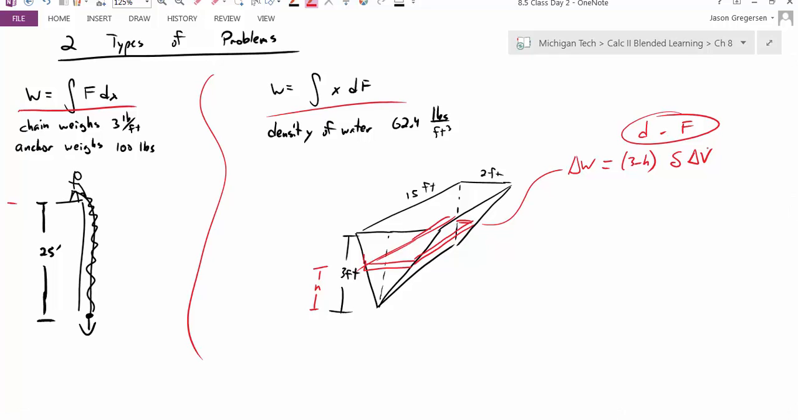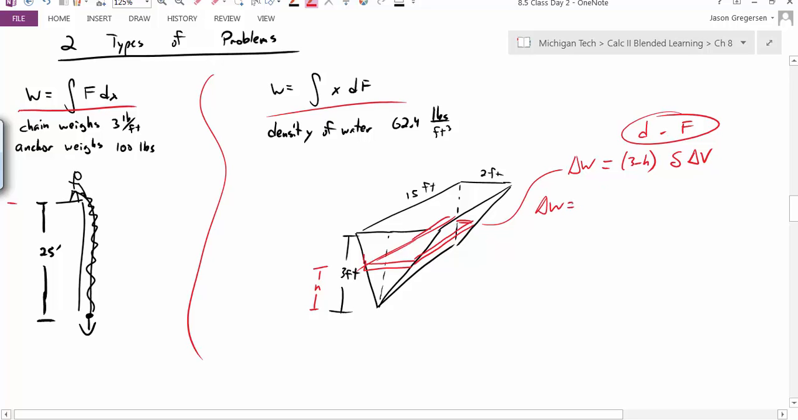Now I want to find the total work to empty the tank. I add up all my slices. So really, this work problem is just a volume problem in disguise. It's a volume problem with a couple coefficients out front. So now I can finish it up here. I have a couple more steps that are challenging from the volume perspective. I have my 3 minus h. I have my 62.4